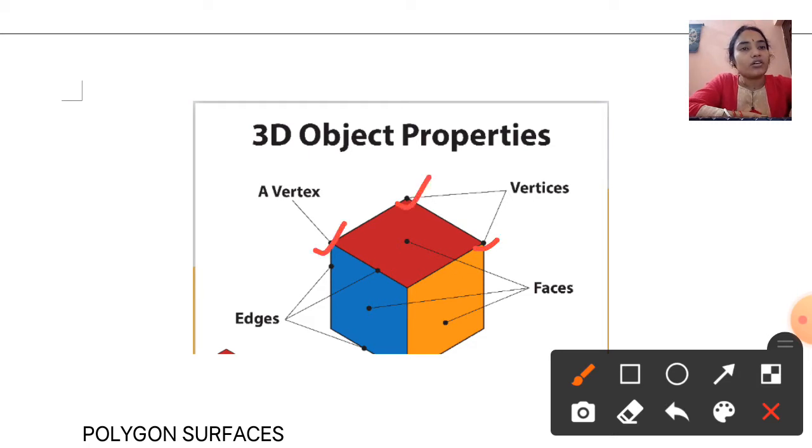In this way, all the corner points are known as vertices, and all the vertices are connected with lines. These are known as edges. And the different sides of the object, top side, left side, right side, bottom side, are also known as faces. So here we have vertices, edges and faces. These are the properties of a 3D object.